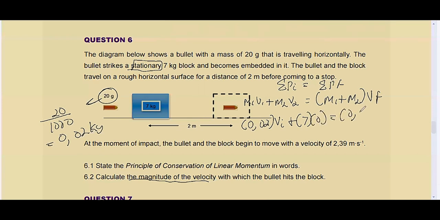We have 0.02 plus 7. And then the Vf, we are told that at the moment of impact, the bullet and the block begin to move with a velocity of 2.39. So we put 2.39 here. Right. Then let's calculate. This will just give us 0. So we are left with 0.02 Vi is equal to, we need to calculate that as 0.02 plus 7 multiplied by 2.39. That will give us